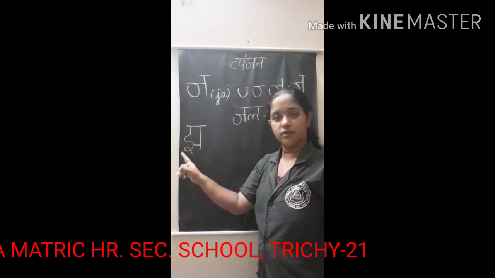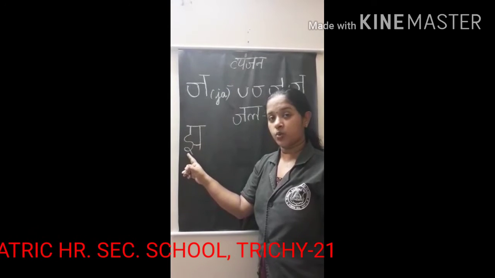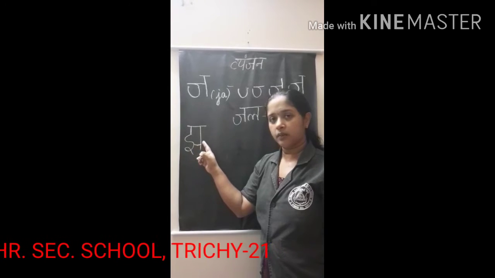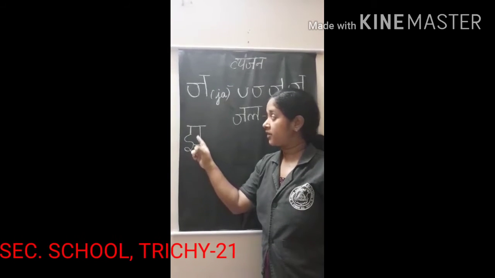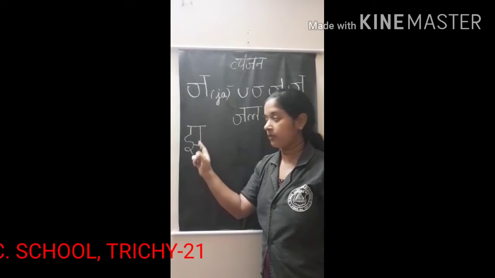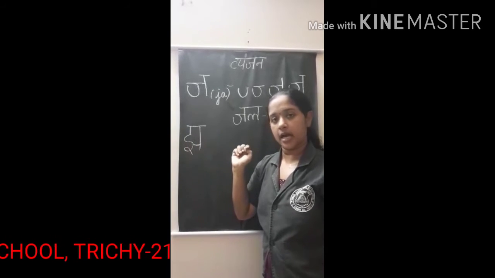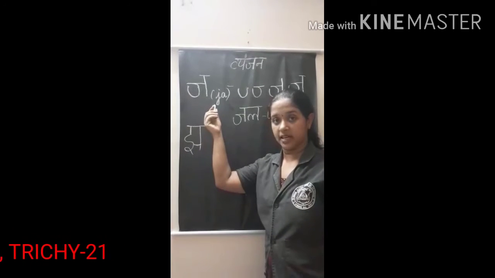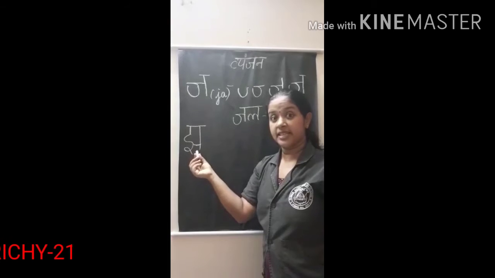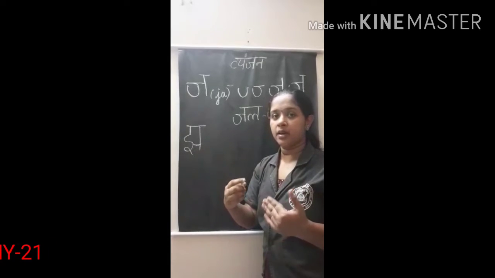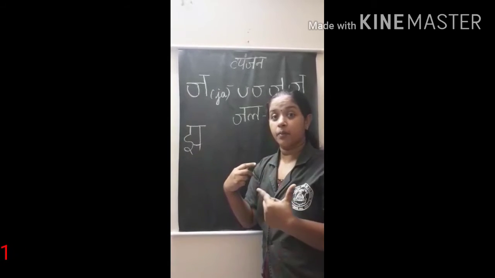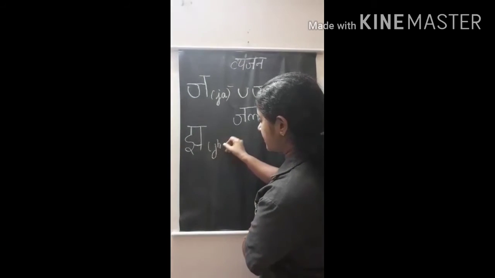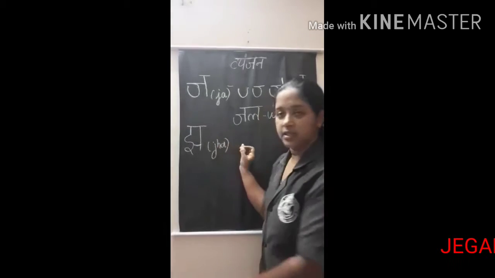First we draw the swar e. Then at the middle of it, one small curved line will be going towards the left. It will be joining a straight line, finally the sleeping line. This is the vyanjan jha. I am giving some stress to the vyanjan jha. This is a vyanjan ja, casually said, and this is the vyanjan jha. Some stress is there whenever we pronounce jha. In English we call it JHA jha.